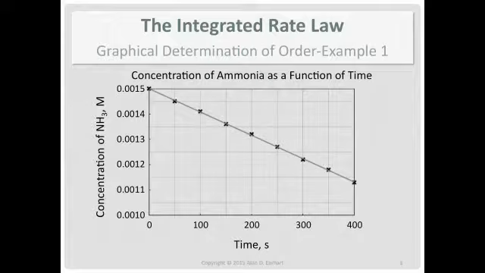There's a little bit of wiggling around the line, which is what's expected, but the data doesn't look like a curve. So you might think, hey, let's stop here with zero order, since that's what it appears to be. And it does appear to be that. But we're going to go ahead and look at the data using first order and second order kinetics. This way, you can see what to expect.